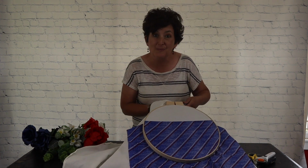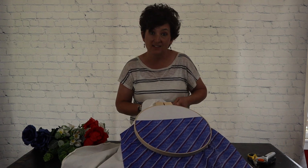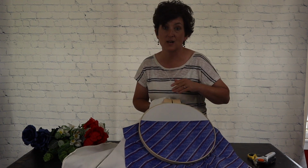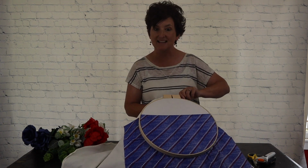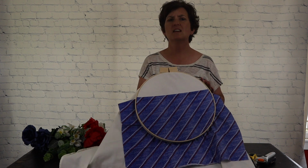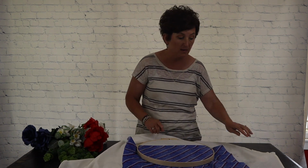Now, the wonderful part about this craft is you can change this out for any holiday. If you want to change this red, white, and blue out to Easter or to whatever, you can. And isn't that wonderful? It's going to be just a fun, easy way to make a wall pocket. So next what I'm going to do,